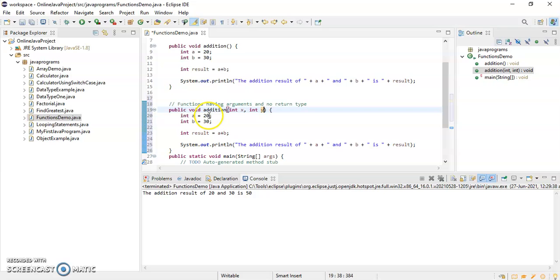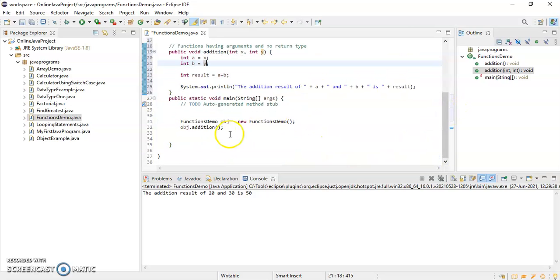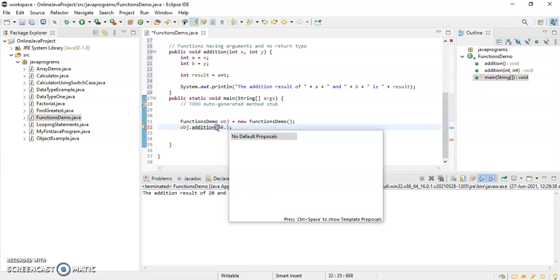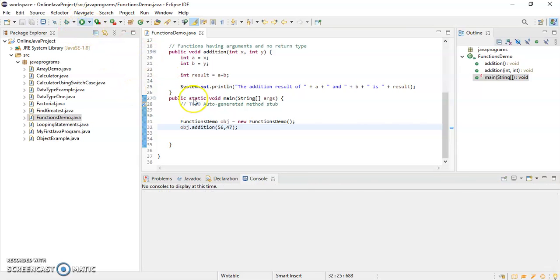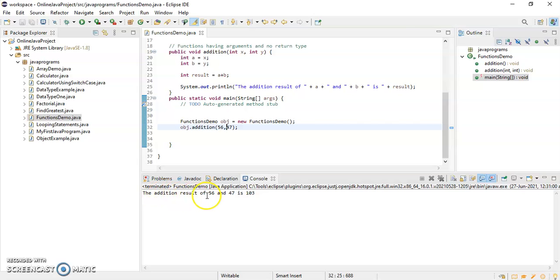Okay, and x value will be assigned to a and y value will be assigned to b. Okay, and now I am calculating the result and I'm just showing the result, right? So now what I will do, I'll just pass here say 56 and 47, right? So now let me just call this one. So now it will show the addition result of 56 and 47 is 103.